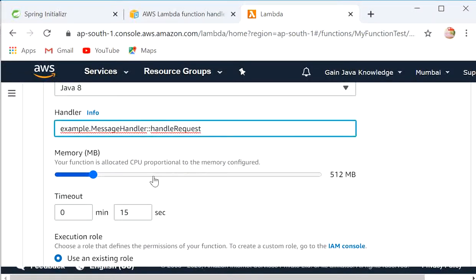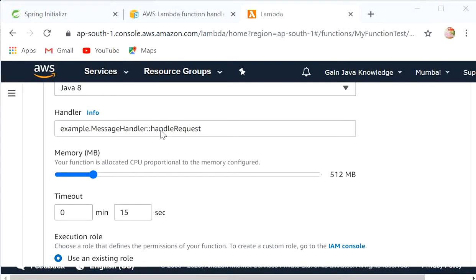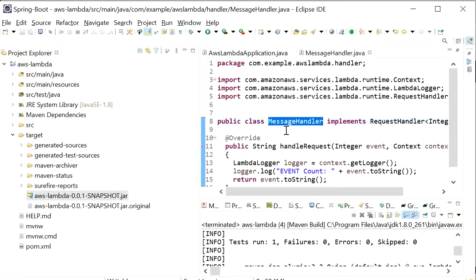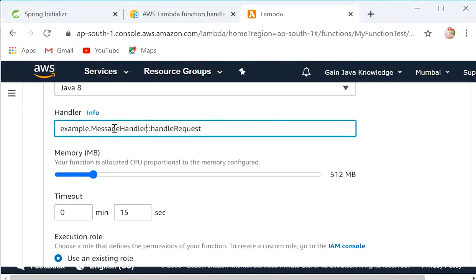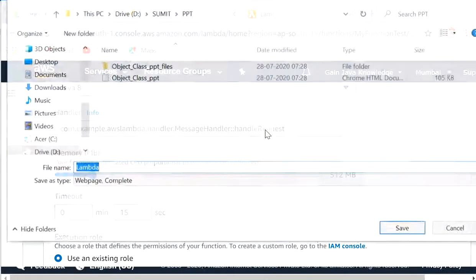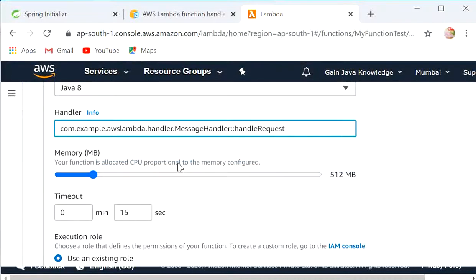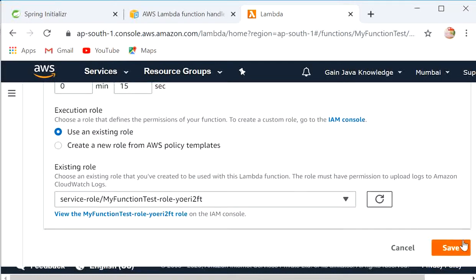So here I will change it, and example is the package name. So we need to copy our package name from here, com.example.handler. So I will copy it from here, and we just need to paste it here, and our function name is handlerRequest. So now I will click on save,